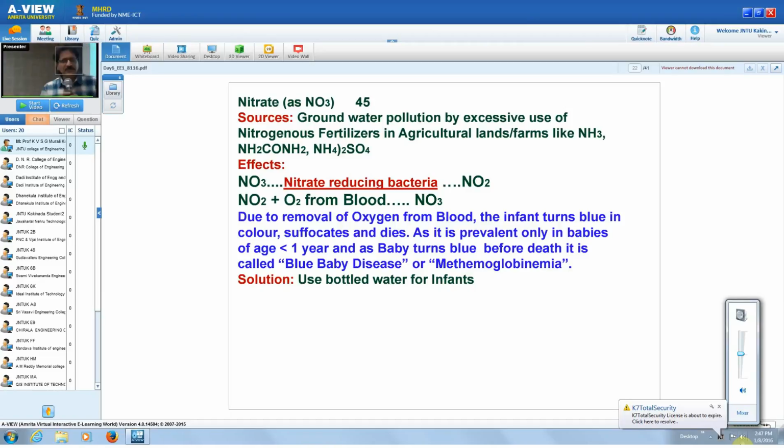That's all. Now let us see what happens if a particular substance is present in excess of these standards. Let us take, for example, nitrate. What happens if nitrate is there? What are the sources? What are the standards for nitrate? 45 mg per liter as NO3. What are the sources? Why groundwater? You all have to remember a beautiful point. 90% of the world population,